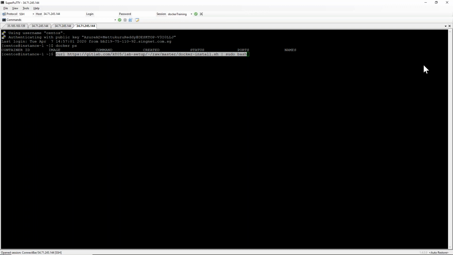PowerShell also like this, yes. Any scripting like this? So shell script is for Linux, PowerShell is for Windows. That's it. Only the command names may be different. The concept is same.